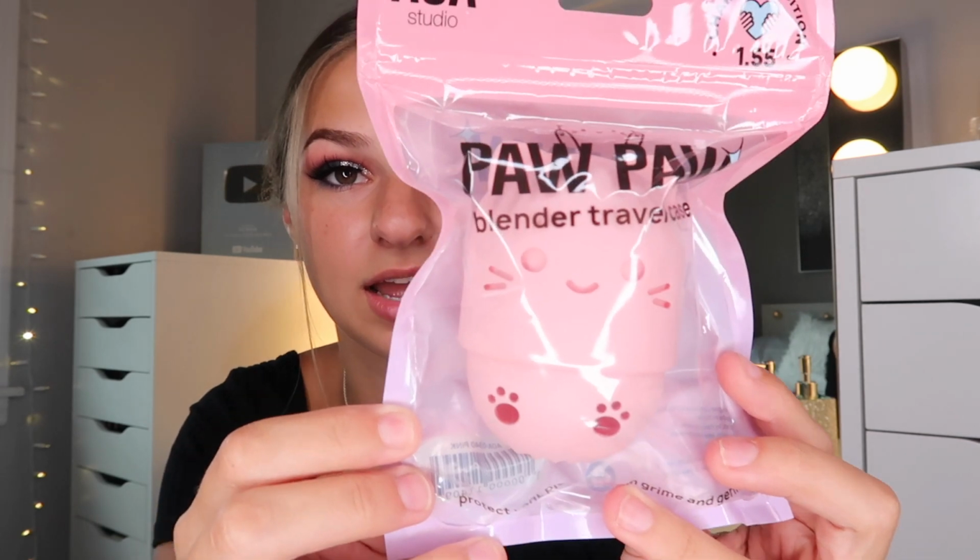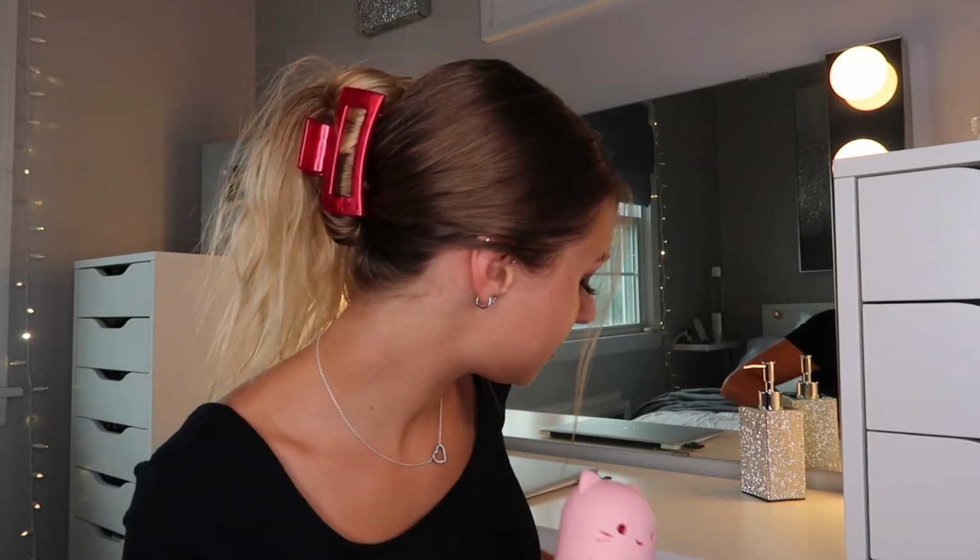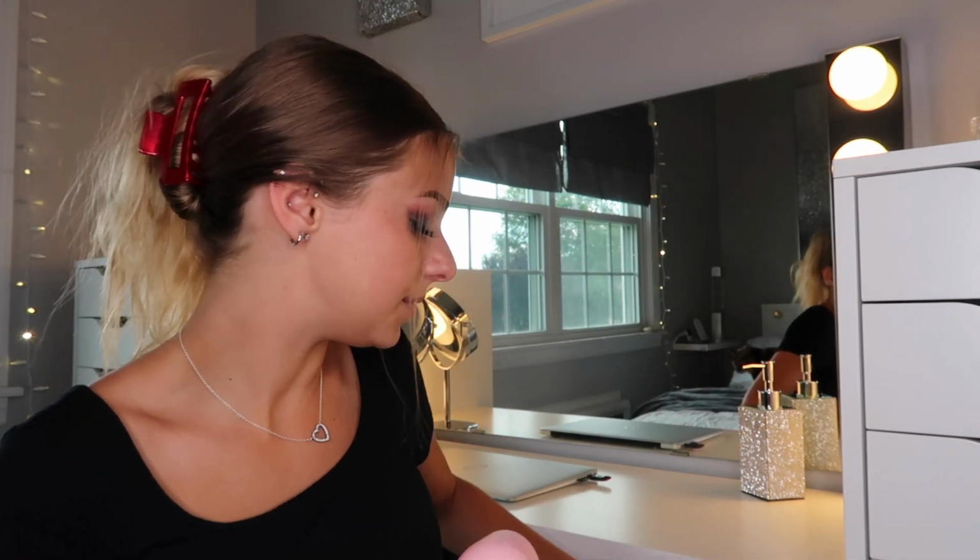So first, oh my god, this is so cute. This is a blender travel case for a beauty blender. It's a cat with paw prints on it. I'm going to put this pink Real Techniques beauty blender in it. Oh my gosh, this is so cute for travel. Honestly, I don't really bring a beauty blender when I travel, but now I might. Next is